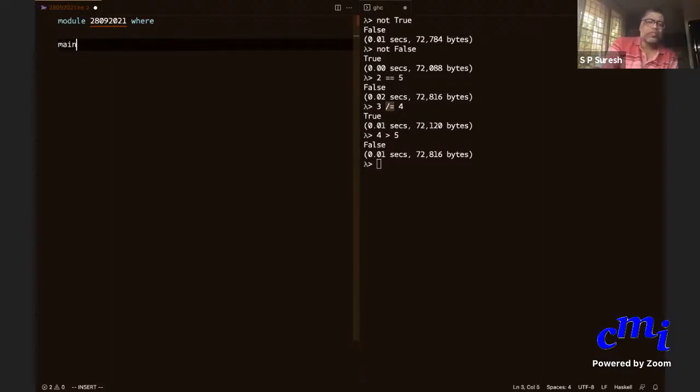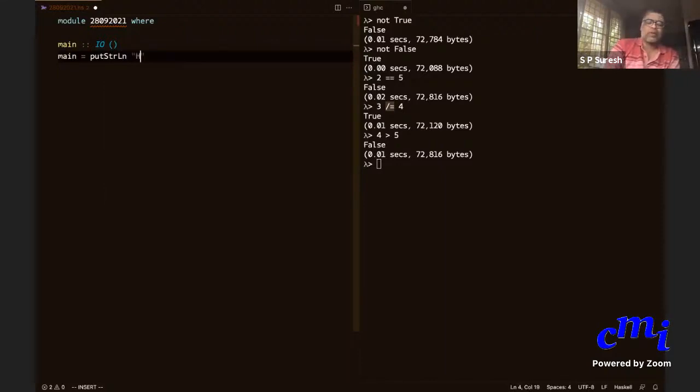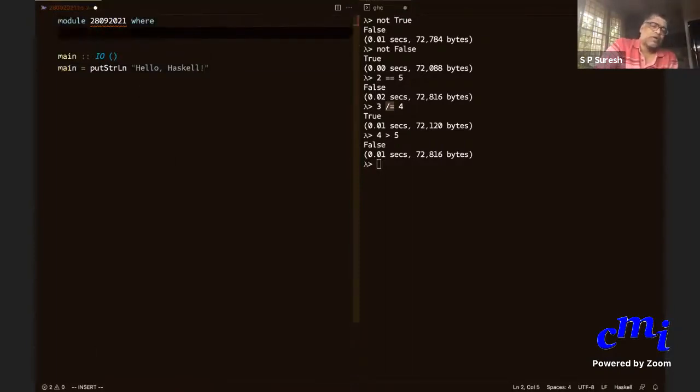Because I'm doing it in this editor, it will always demand a main. I don't have any use for a main, so I'll just put a default main here. You don't need to worry. When you write your own scripts, you don't need to write this main. But if you're using VS Code, it will give a warning.